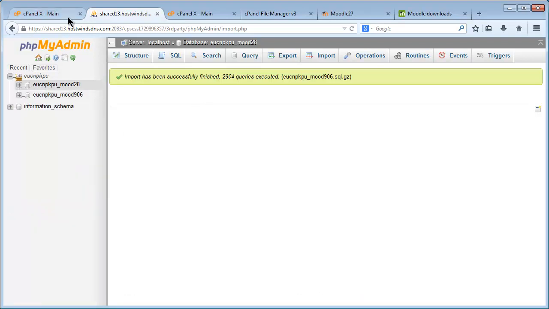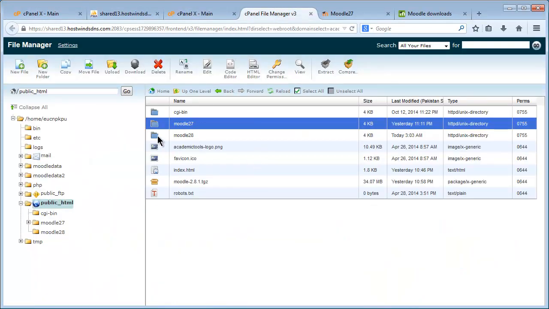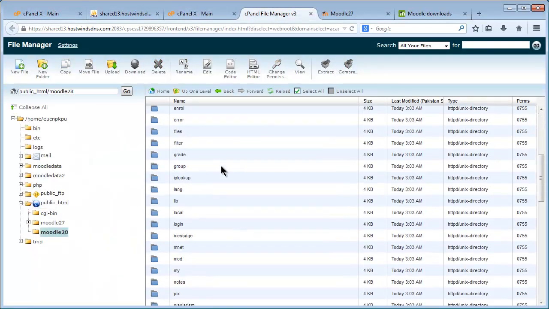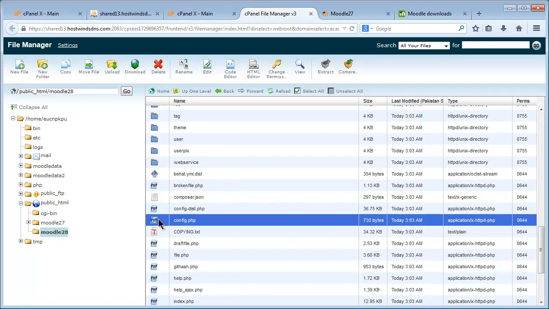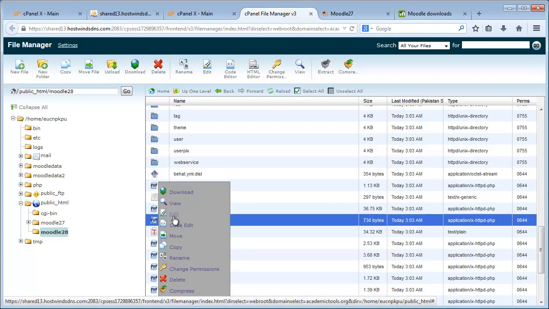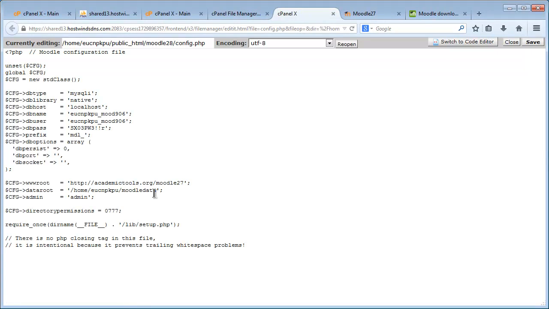What I'm going to do now is go to my file manager and then change the config file for my shadow copy. So click config, edit, and I will give paths to my new directories. So the new directory is Moodle 28, and then the new data root is Moodle data 2,